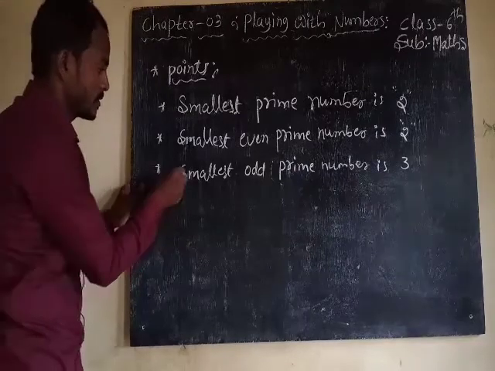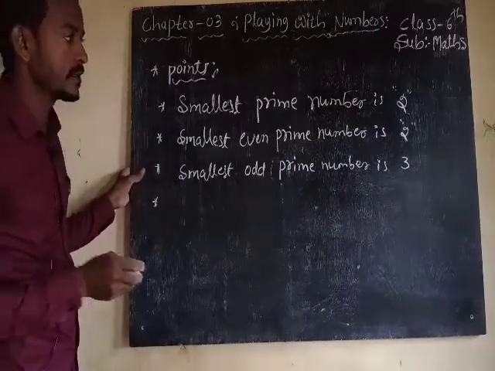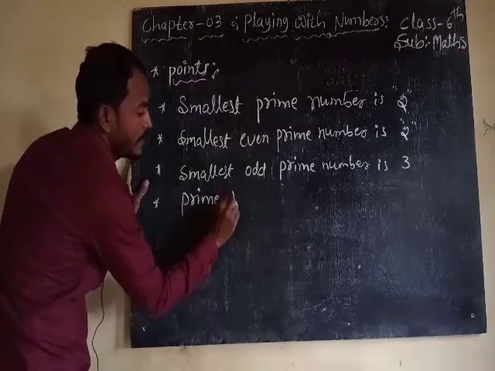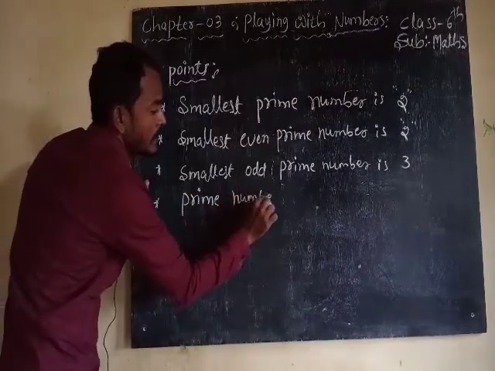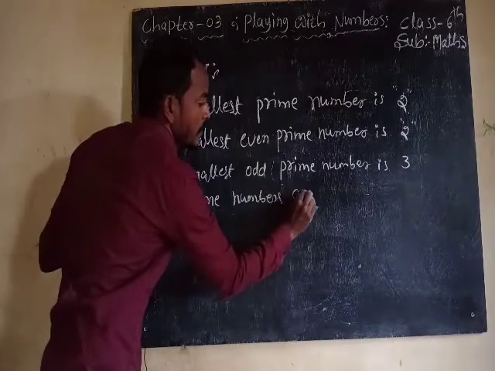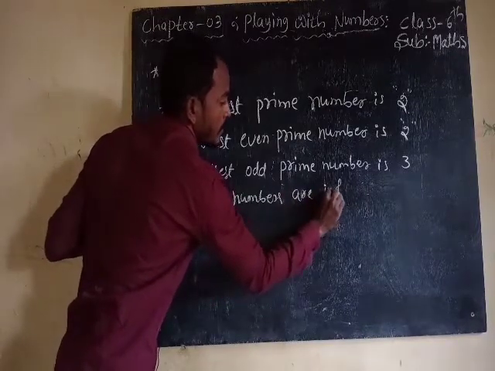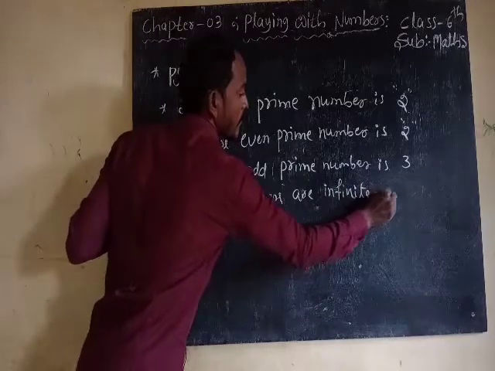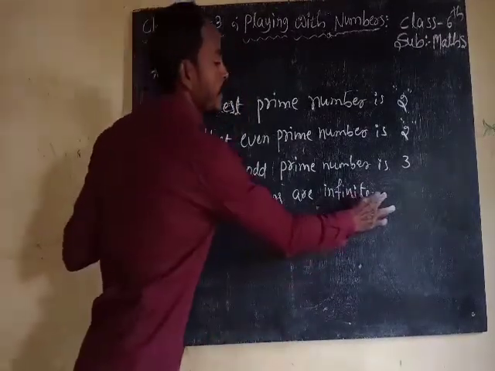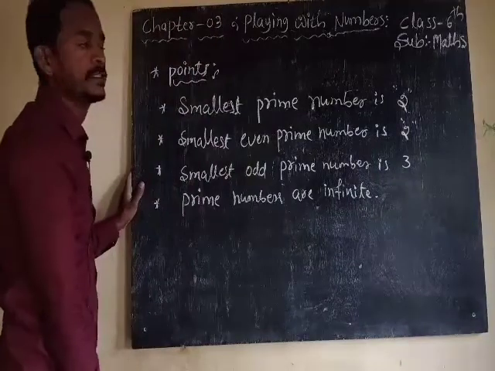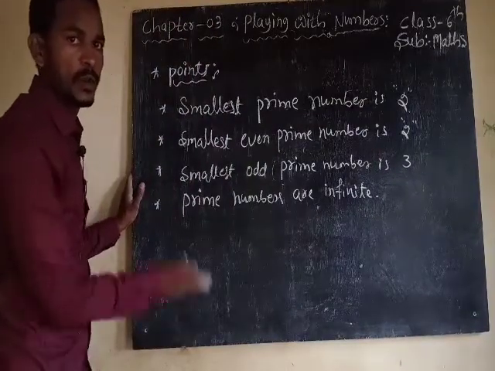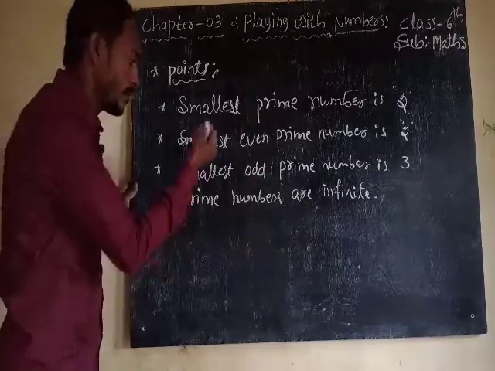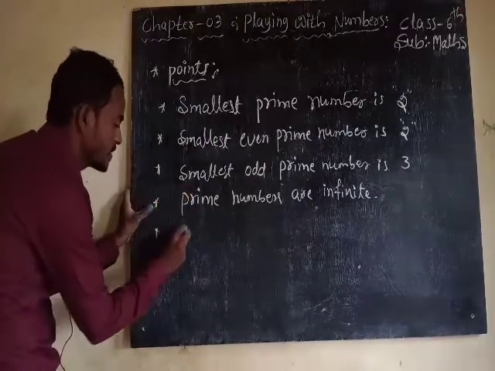The next one: prime numbers are infinite. So these are points to remember. These are the main concepts, and one last one is